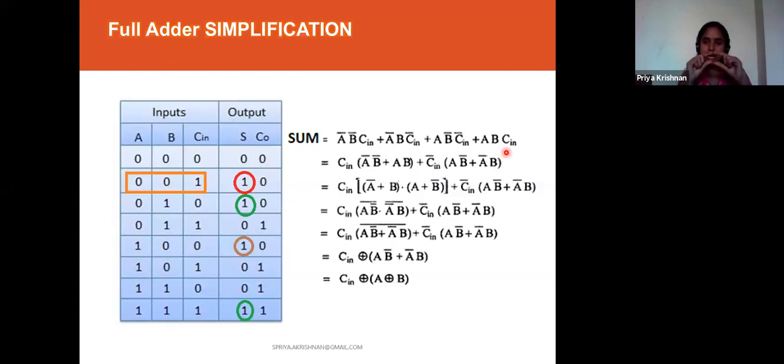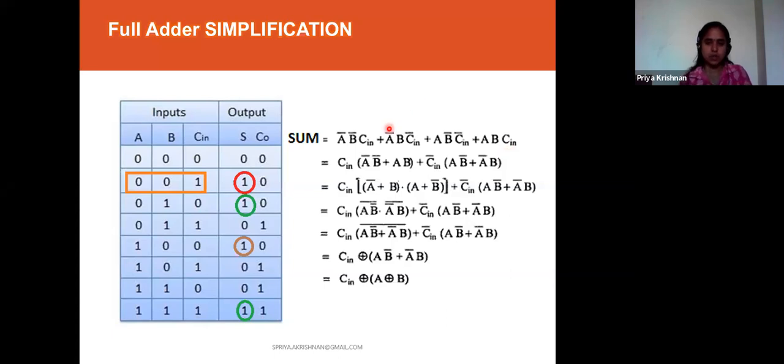So this is my expression. Now I want to simplify this expression. You can simplify this expression using a K-map, which makes it very easy. But K-map is not introduced, that's why I have to go through the normal Boolean algebra method of simplification.